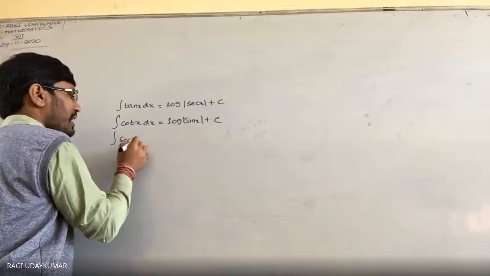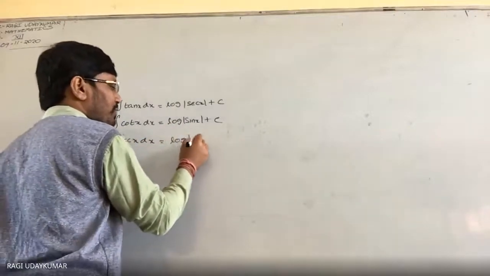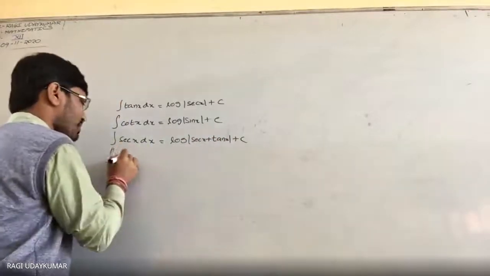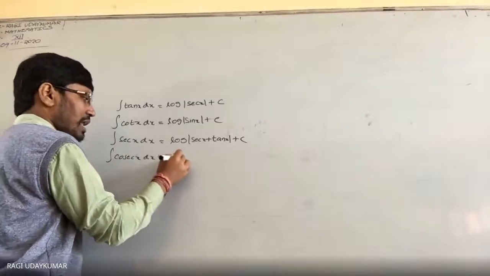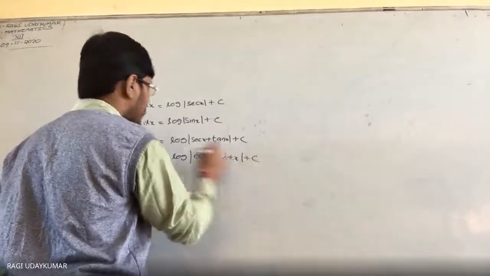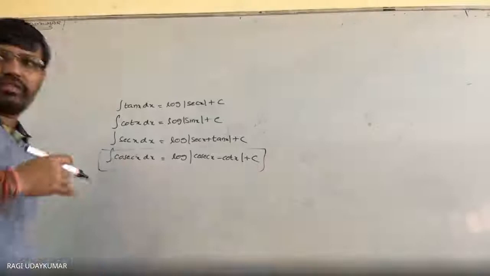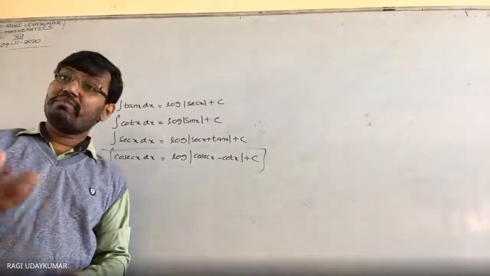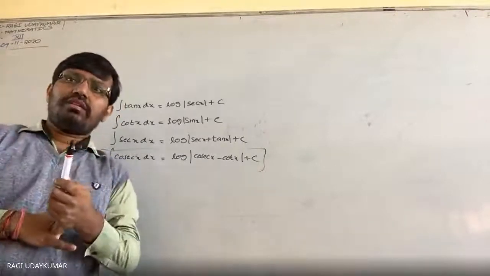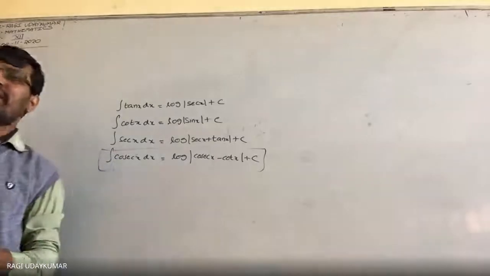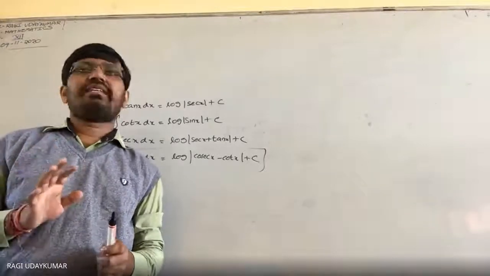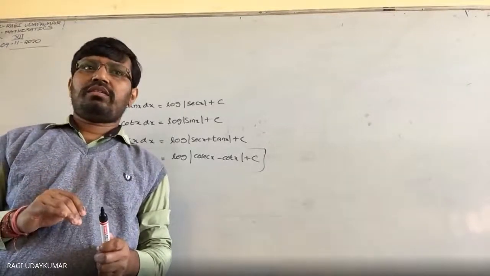So integration of secant x dx is equal to logarithm of modulus of secant x plus tan x plus c. Integration of cosec x dx is equal to logarithm of modulus of cosec x minus cot x. This is very important. It is a little different, because multiplying and dividing you must remember. There is a chance you may be asked to prove this one. But asking is only from the examination point of view; you are not supposed to only learn for that. Learning the subject is very important. To learn the subject, you have to work out problems.